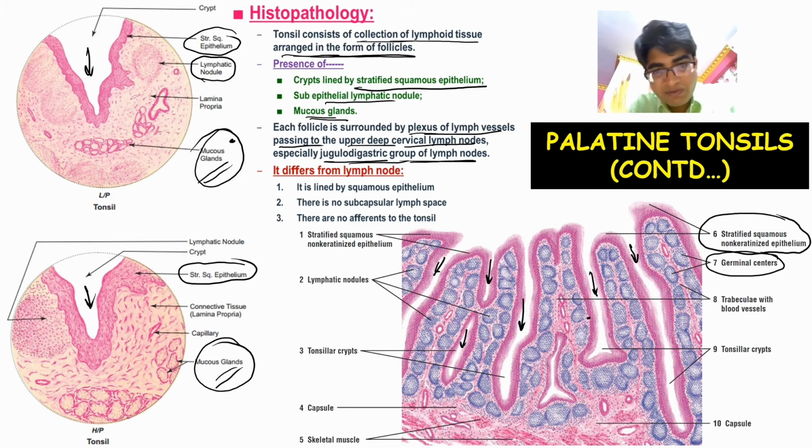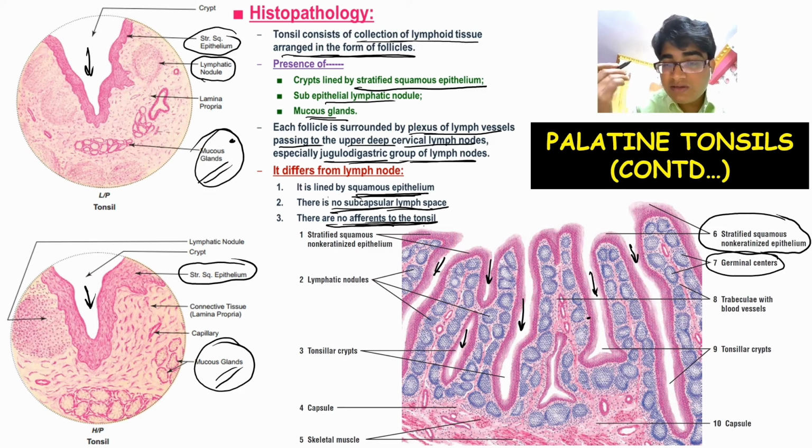It differs from a lymph node by having some squamous epithelium firstly. Secondly, there is no subcapsular lymphatic space, and there are also no afferents to the tonsil as there are to a lymph node. So that is of very much importance to understand, correct? Okay, next,